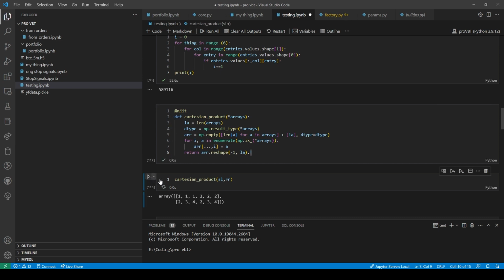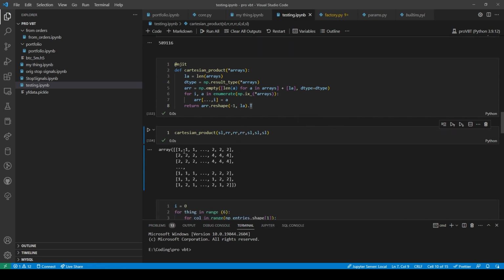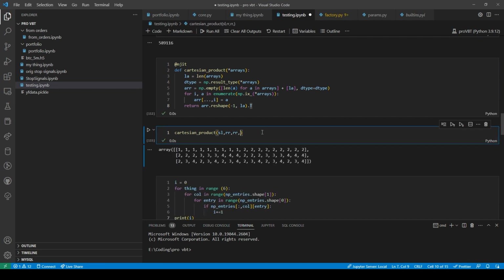This takes negative 10 seconds to do this. So what if I did a RRR? Damn!